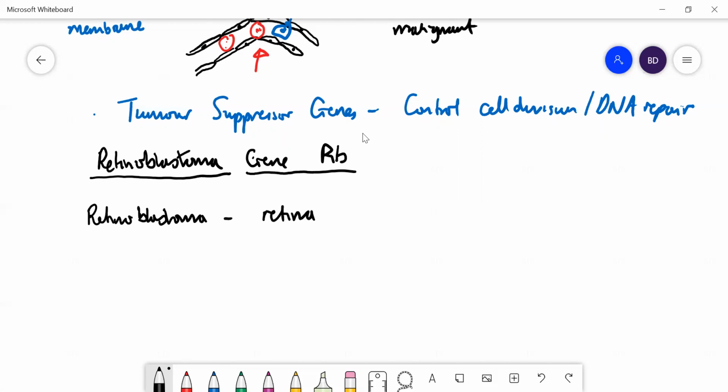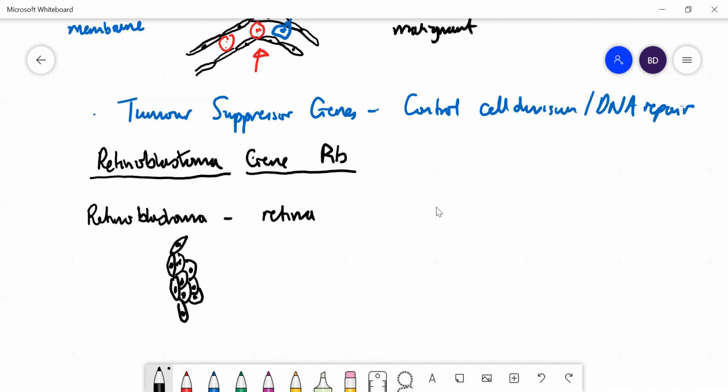The inside of the retina is a layer of cells, and they form a single layer, and the control of division is lost, and tumors start to develop. And these are visible in the children through their pupils. Their pupils look white when you look through the pupils in their eyes.